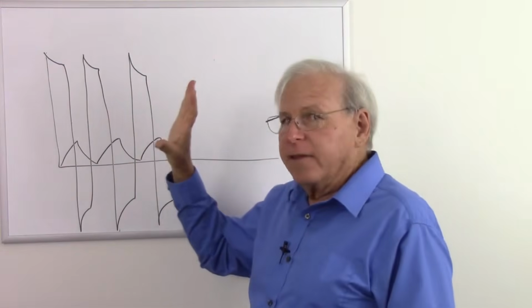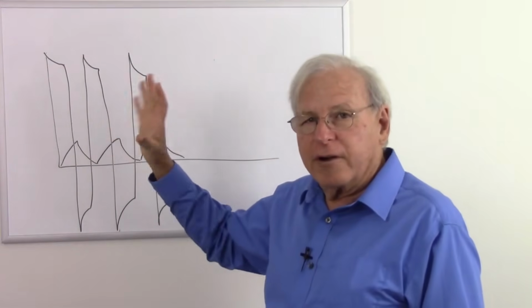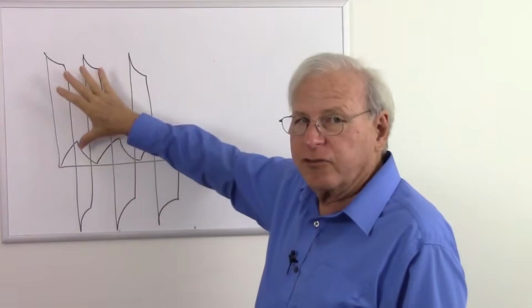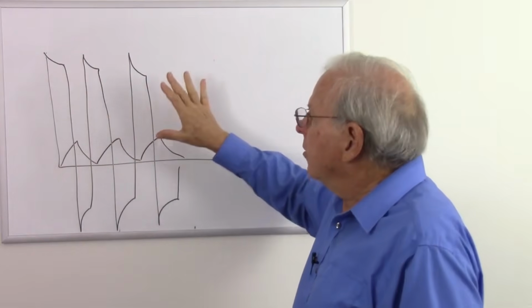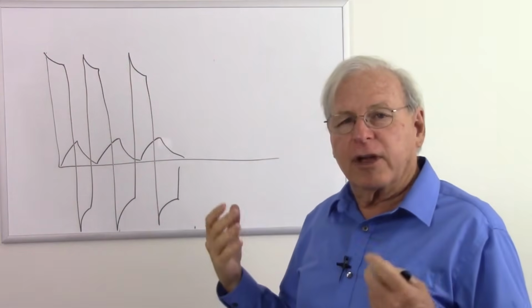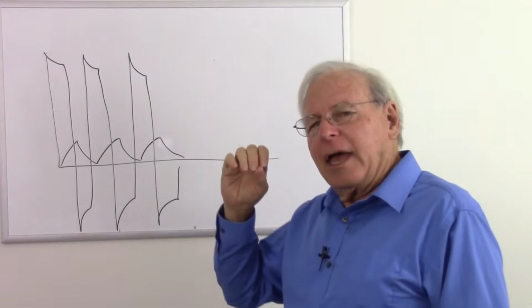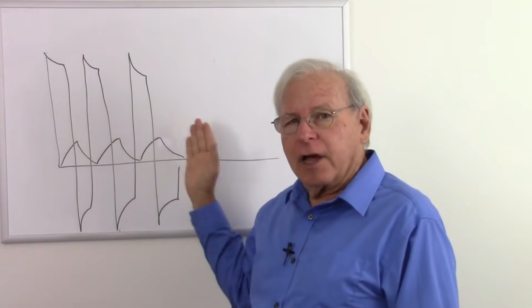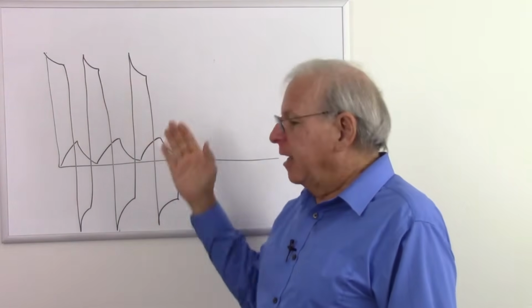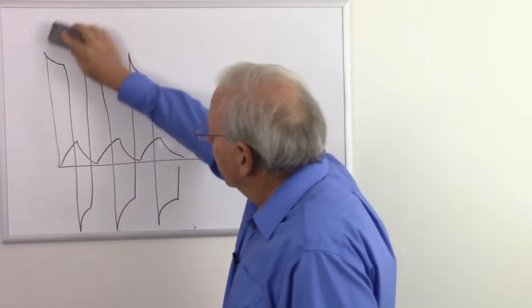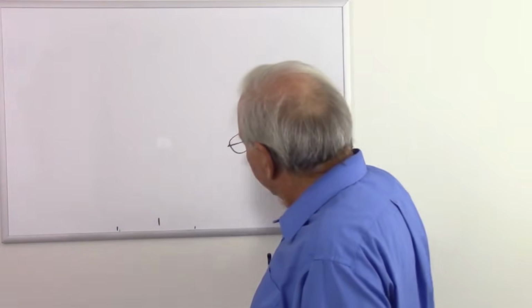So the faster I flip those switches, or the higher frequency that I flip those switches and change them from charge to discharge, the more time I spend conducting current. So I get more current through the capacitor. So at a low frequency, I don't get a lot of current, but at a high frequency, I get a lot of current. So let's look at another device,